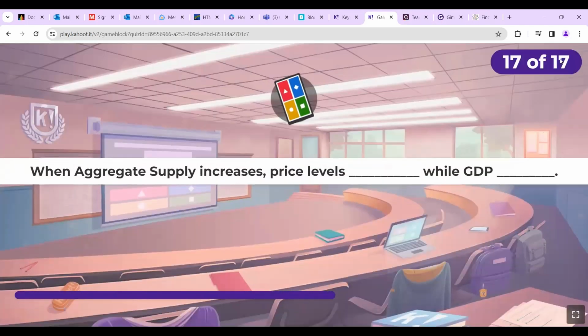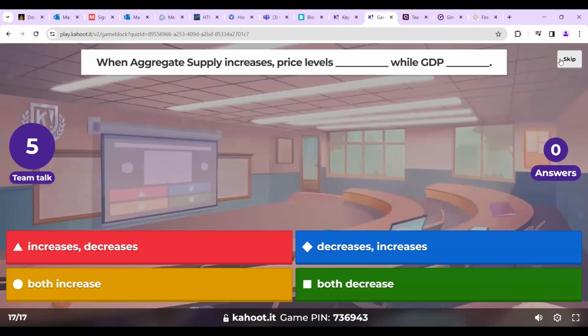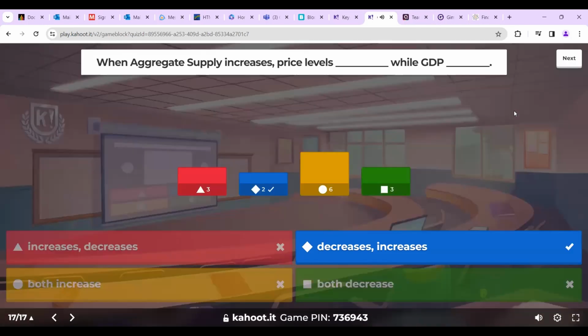When aggregate supply increases, price levels what? While GDP what? So when aggregate supply increases, price level